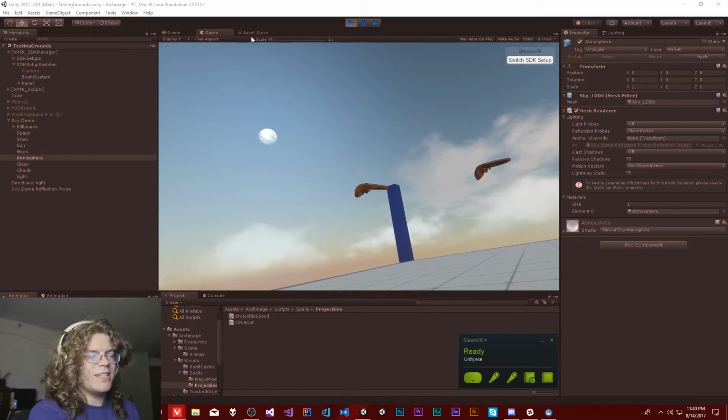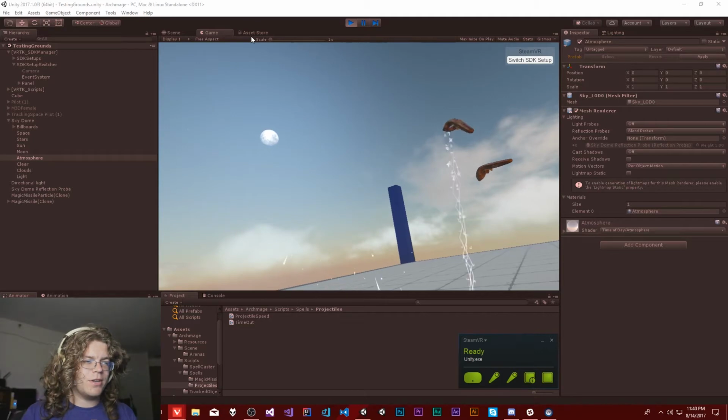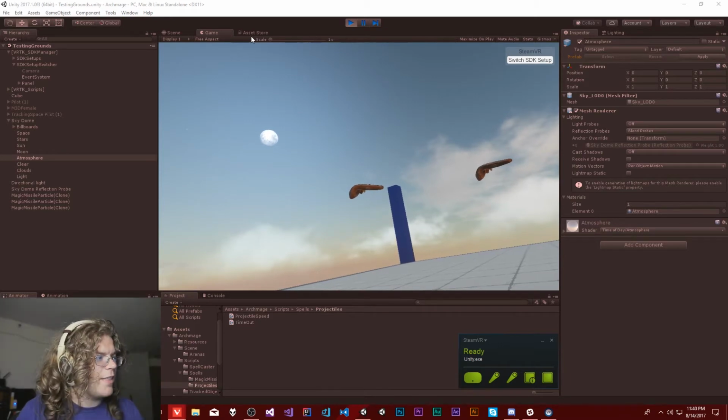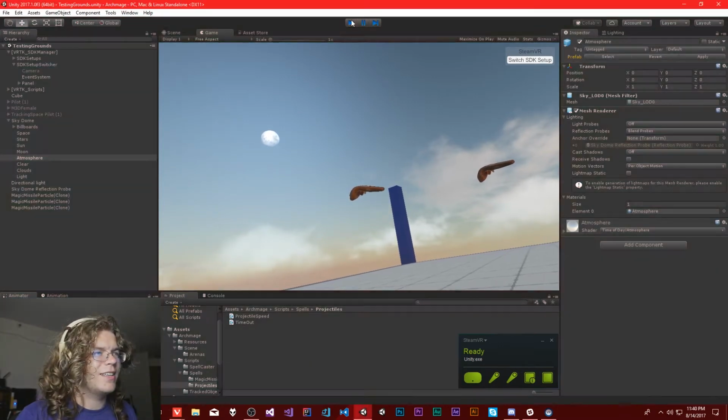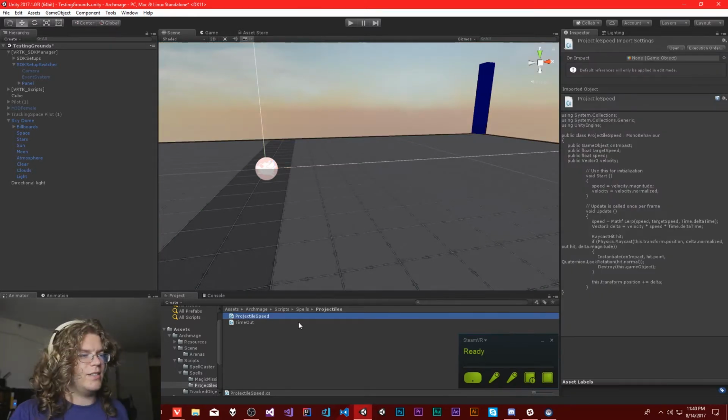So as you can see, I kind of already have some things going on here. We have a projectile that you can throw and it explodes and does all sorts of fun stuff. It's just a basic particle effect. Let's see here. So the way this works is there is a projectile speed